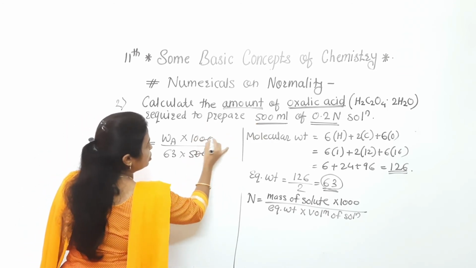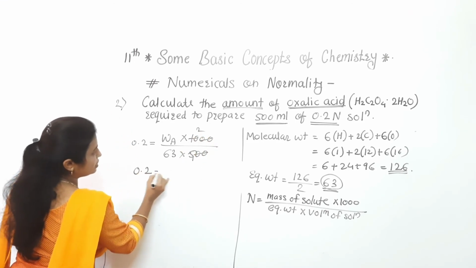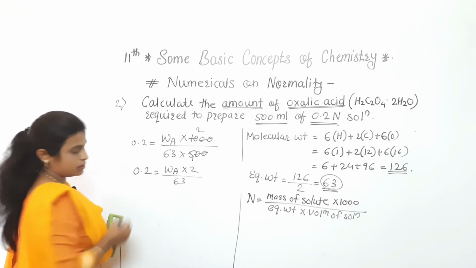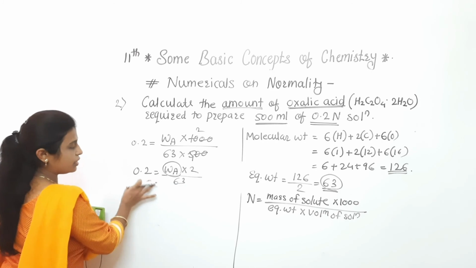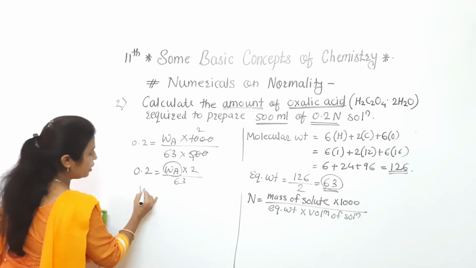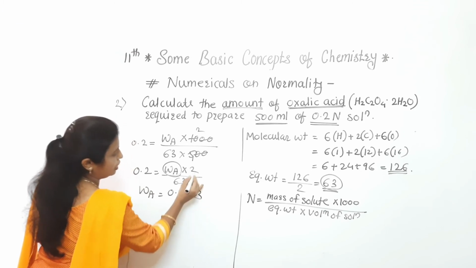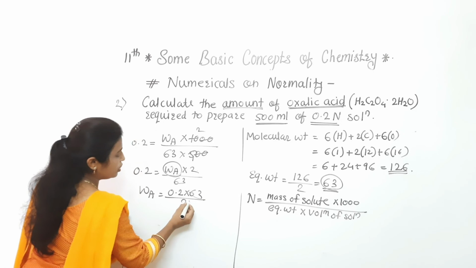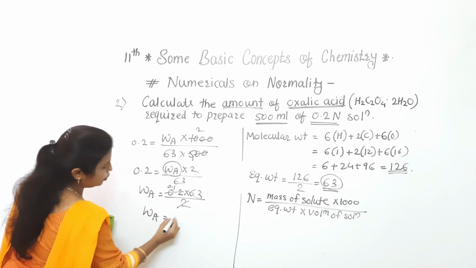Now see, 2 0 get cancelled, 5 2s are 10. So 0.2 is equal to WA into 2 divided by 63. Now WA we want to find out, so we are shifting that content to the other side. So WA is equal to 0.2 into 63. That 2 is multiplied to WA, that's why that will get divided. So 2 here, 0.1 will be there. So finally WA is equal to